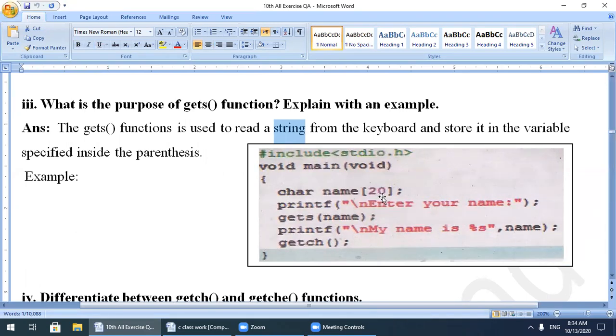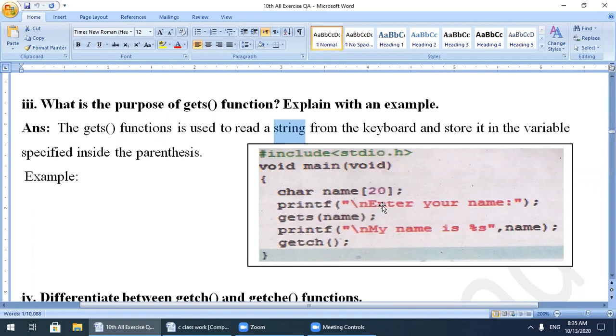Inside the square brackets it is written 20. It means the maximum length of the string should be 20, minimum 2, 3 and so on, but the maximum should be 20. So inside the square brackets I write 20.